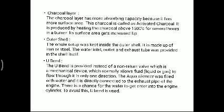and this charcoal layer which is coated on the perforated tube has much more absorbing capacity because it has more surface area, and this charcoal is called activated charcoal. It is produced by heating the charcoal above 1500 degrees Celsius for several hours in a burner. Its surface area gets increased,